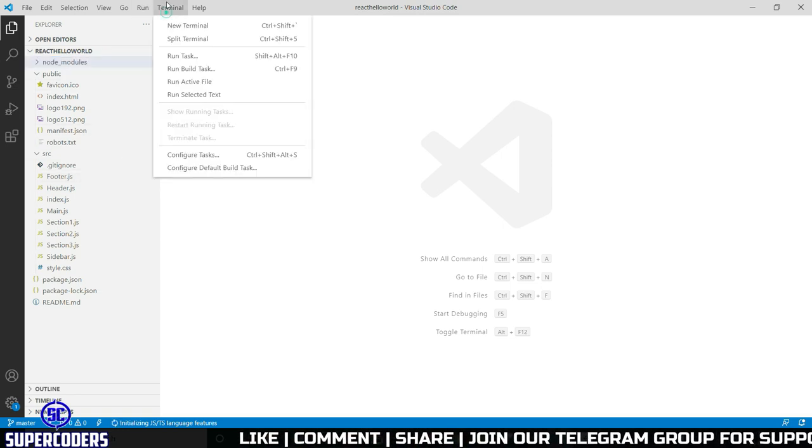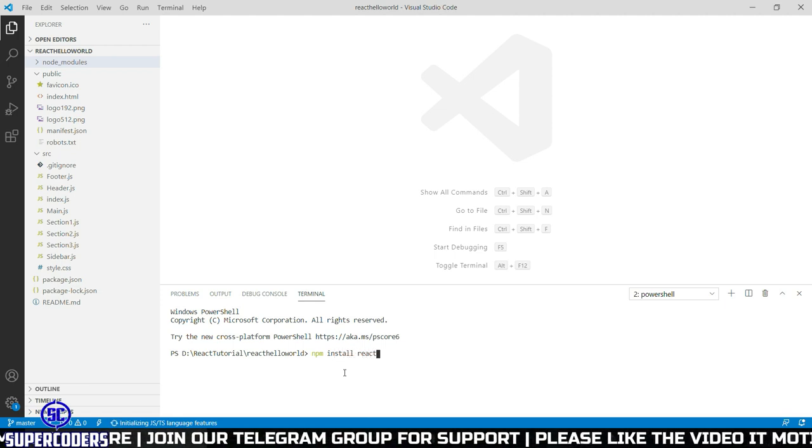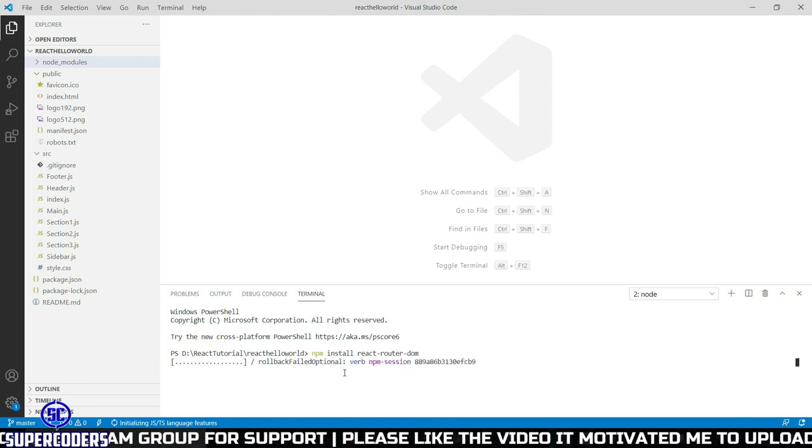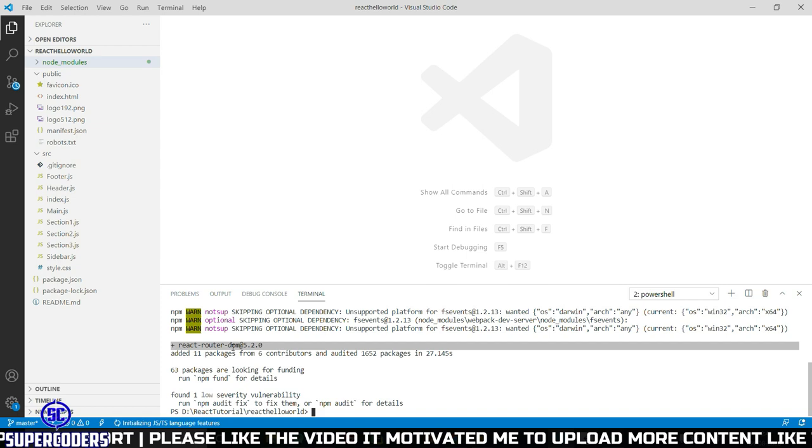So first open terminal, new terminal, then install a package. So running command npm install react router DOM. Click enter. So wait for installation to complete. Now you can see it installed in our package.